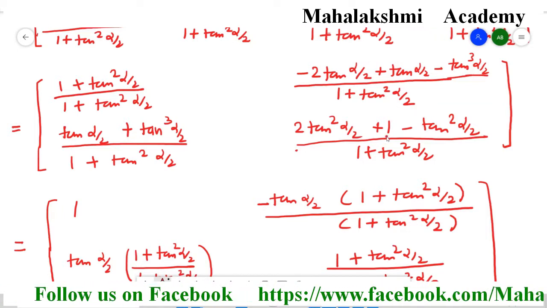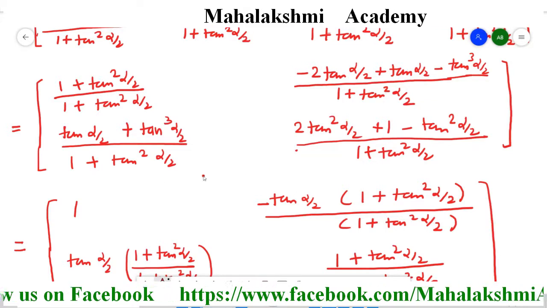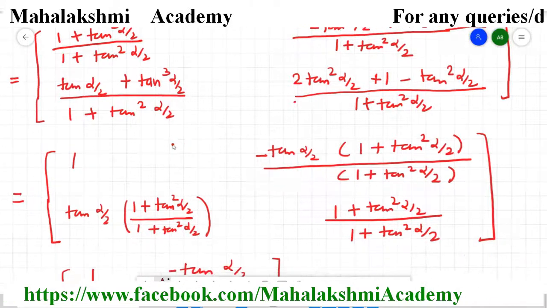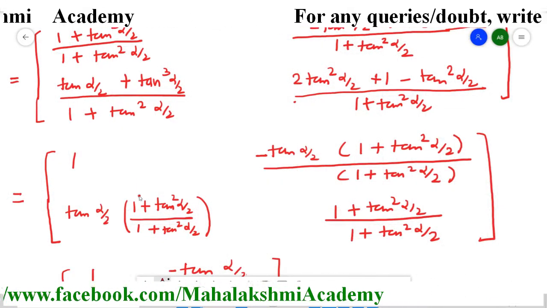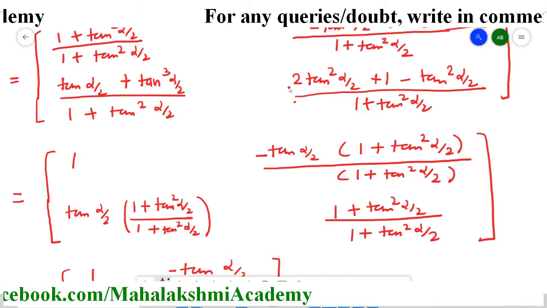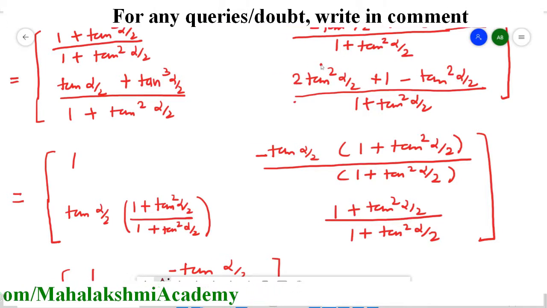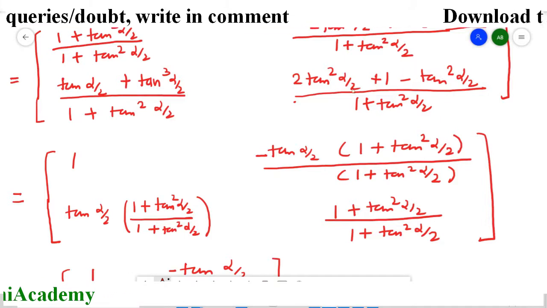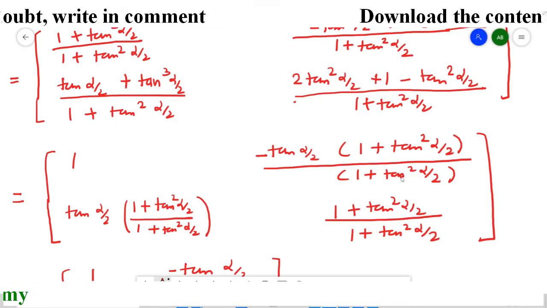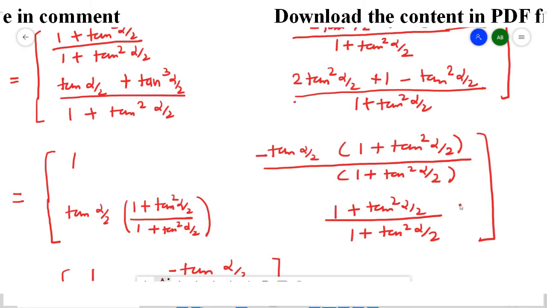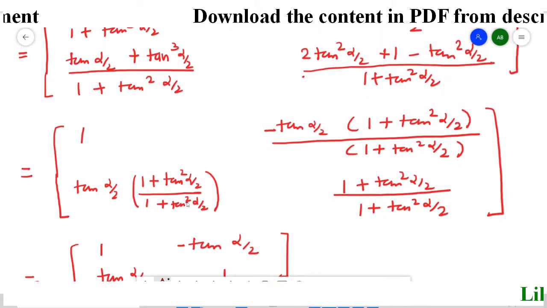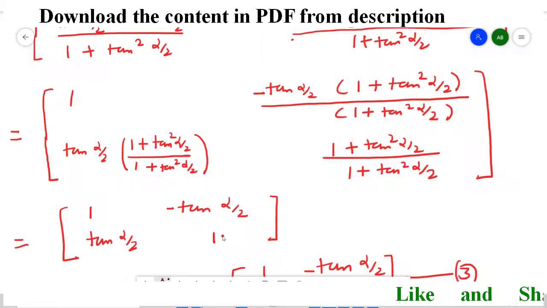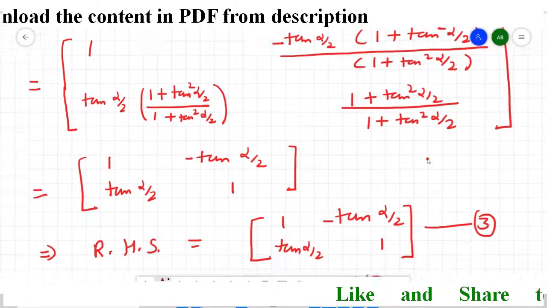Now after this, this term I obtained here. Now their result, here also you can take tan alpha by 2 common. So when you take tan alpha by 2 common from here, you are left with 1 minus tan square alpha by 2, and here these two terms, 2 tan square alpha by 2 and minus tan square alpha by 2, are like terms, so you can subtract them. So by the sign of the bigger number, plus tan square alpha by 2 appeared. Now you can see that these numerator and denominator are the same, so they will cancel. So we are left with this, and this is our right hand side.